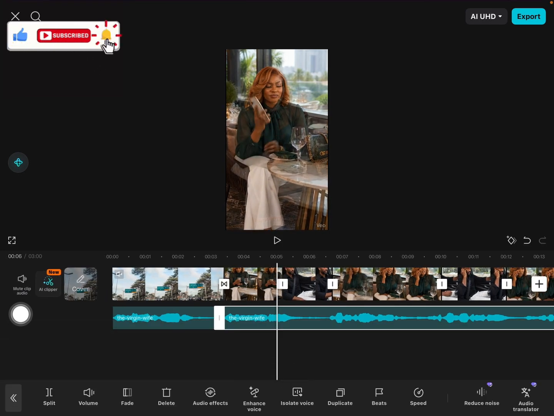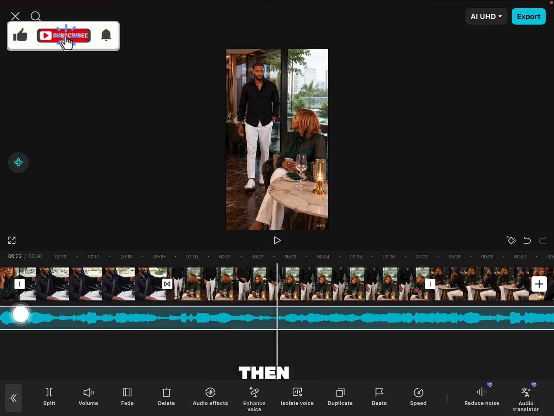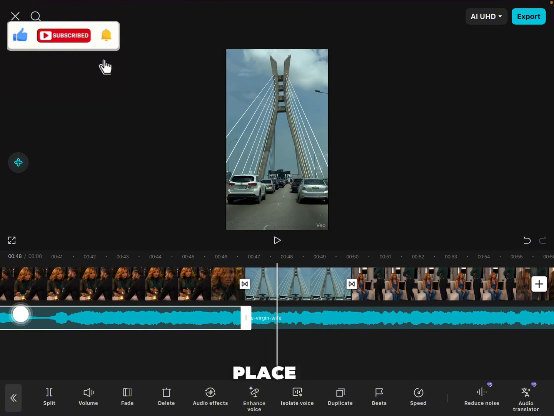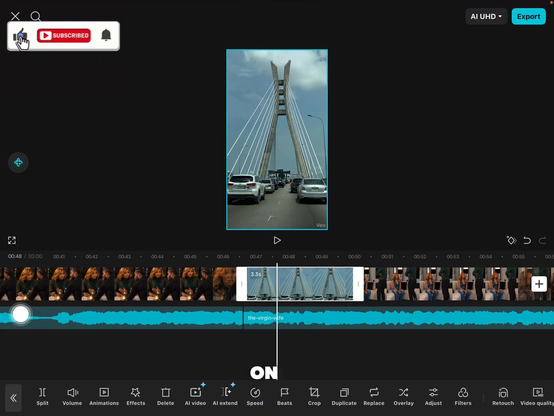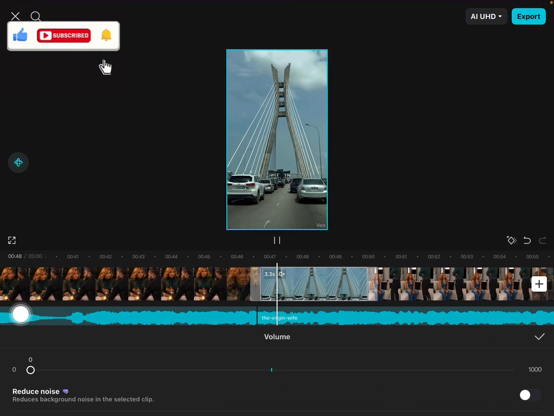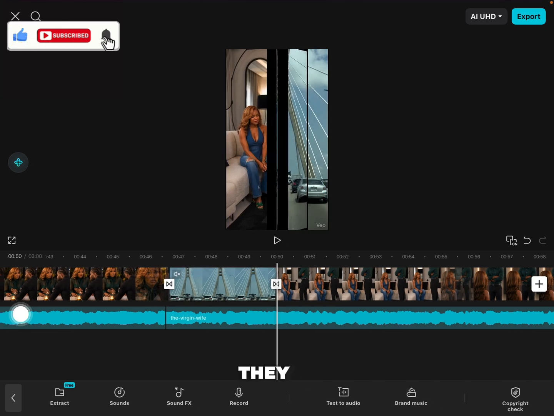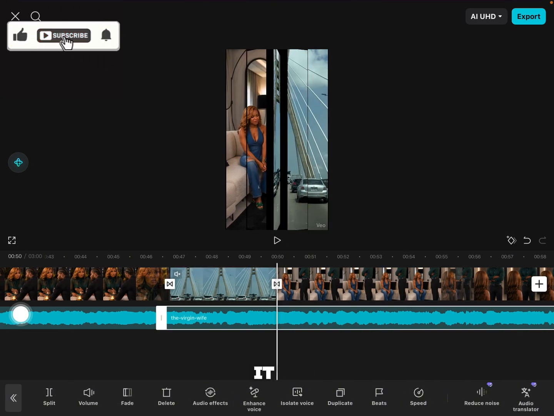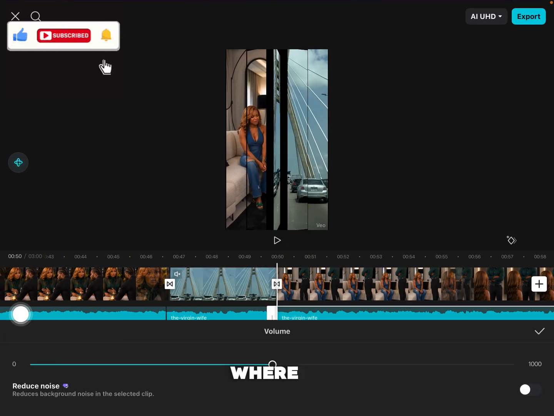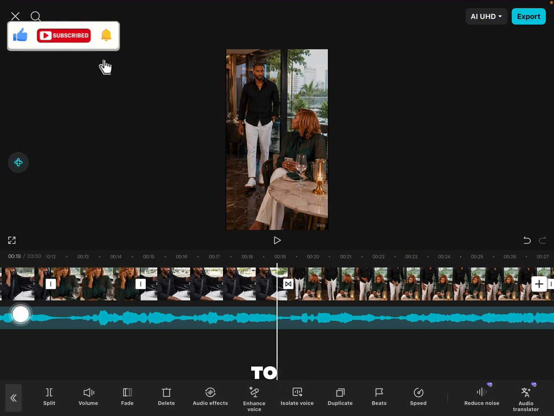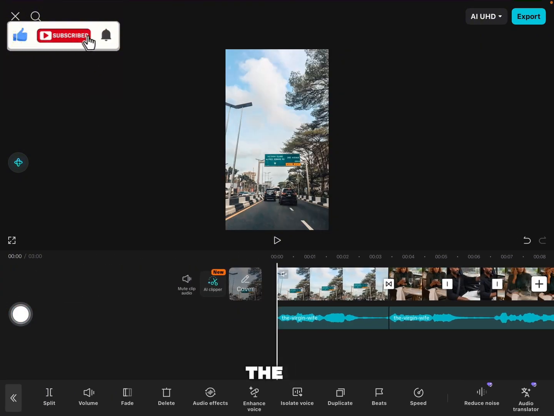So when you are playing, then you have this place. This is road. You click on that road. You reduce the volume. Then where they start talking, you split it and reduce it. You can reduce it to 1 or 2, but don't make it too much. So at the end of the day,